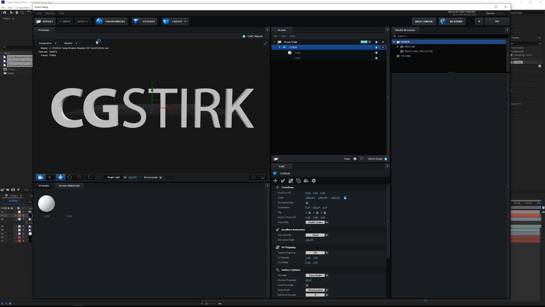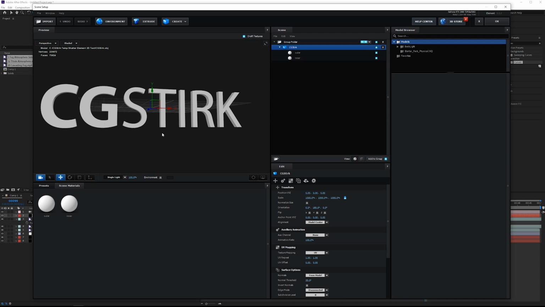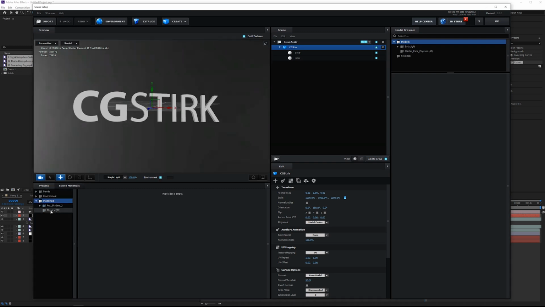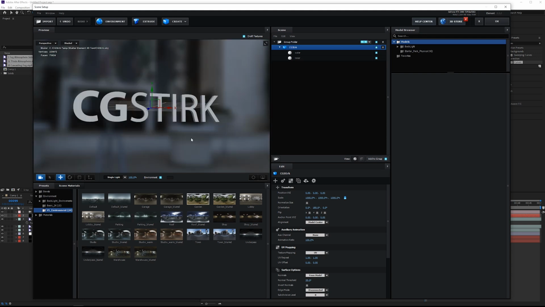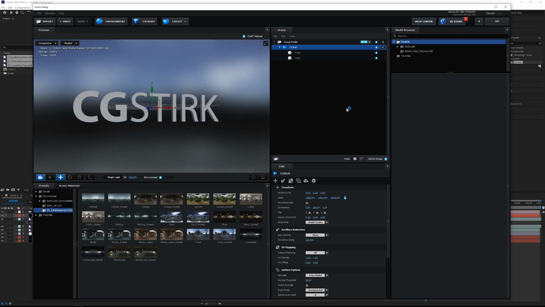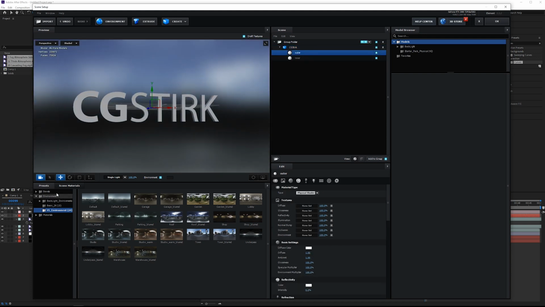All right, so now I'm going to go back into Element 3D, and I'm going to turn on the environment so we can see it. And I'm going to find an HDR that has cooler tones so it matches the scene that I've started to make. Next, I'm going to add a material to the outer and inner faces.